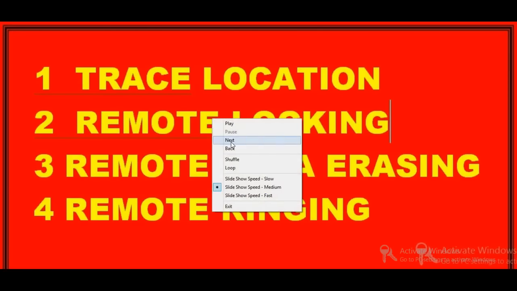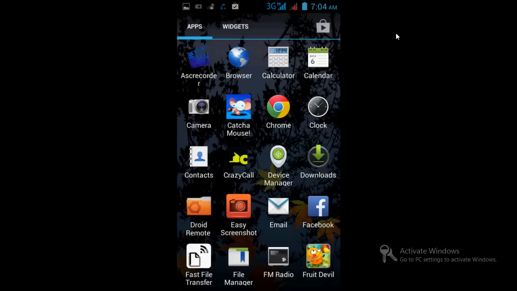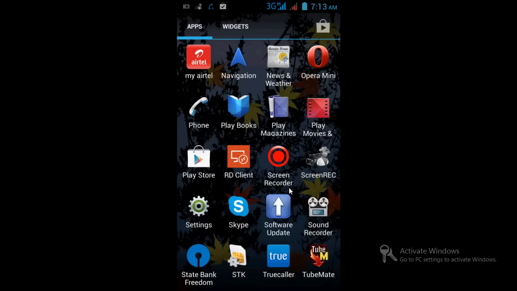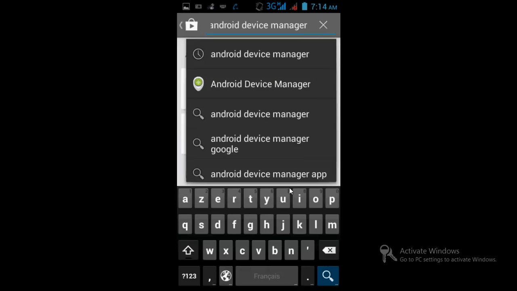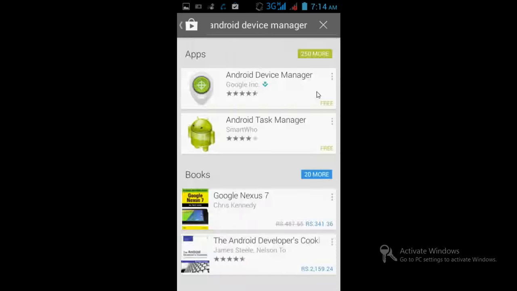The software works for Android phones only. First of all, you have to look for the software called Android Device Manager. For that purpose you have to go to Google Play Store and type Android Device Manager, and you will find this app.